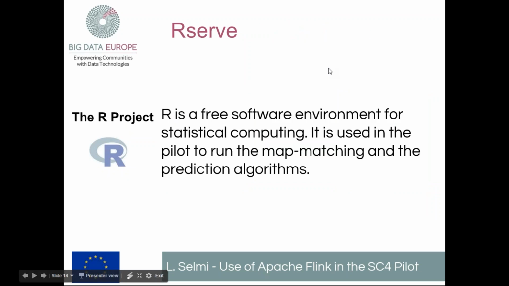Then we have another component that is based on R, because the map matching algorithm in our case has been provided to us by CERTH, and so we need also this component. Now, it's pretty well known that R is not very easy to use in a distributed environment.